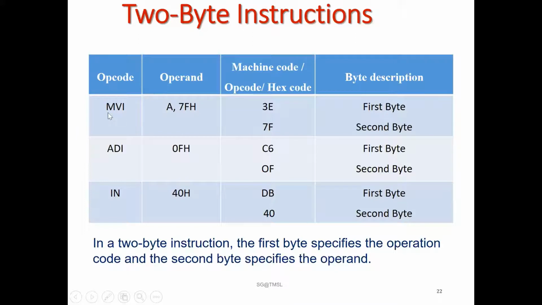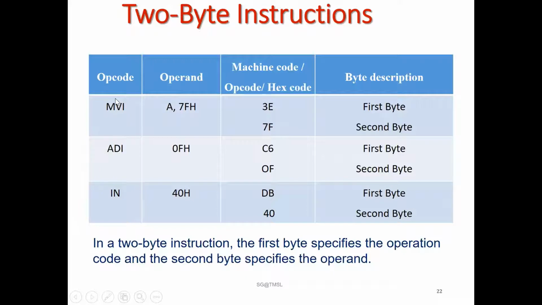Now to load this instruction, you need 2 consecutive memory locations, because one memory location is reserved for 3E, which is 8 bit in size. As I have told you earlier, each memory location can store 8 bit of data. To store these 2 consecutive 8 bit data, you need 2 consecutive memory locations. If it needs 2 consecutive memory locations, then it is called a 2-byte instruction. So MVI A, 7A loaded inside 8000 means it requires 8000 and 8001.